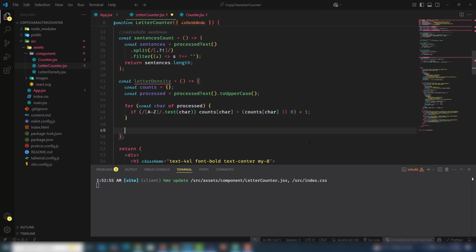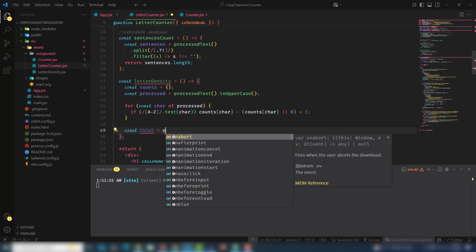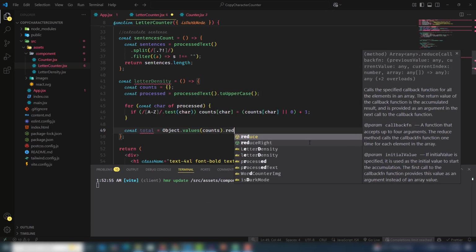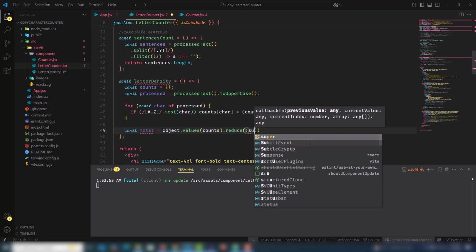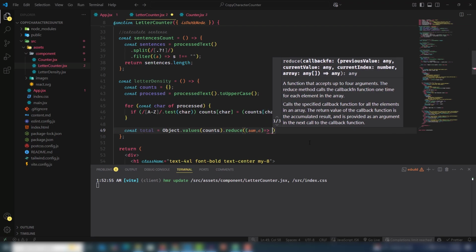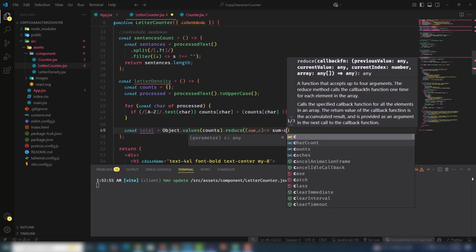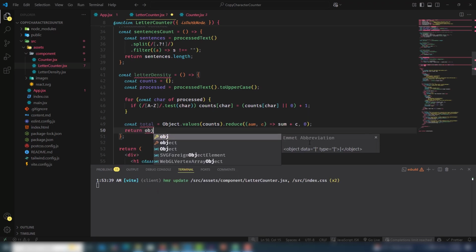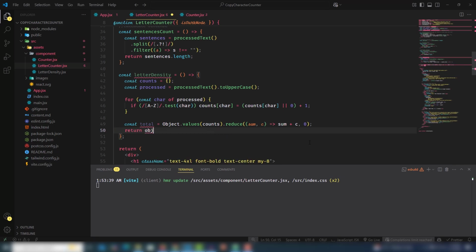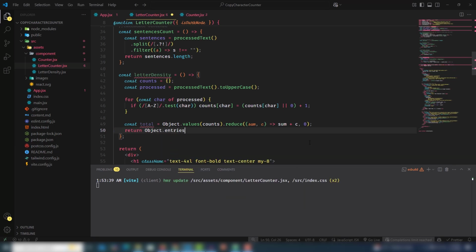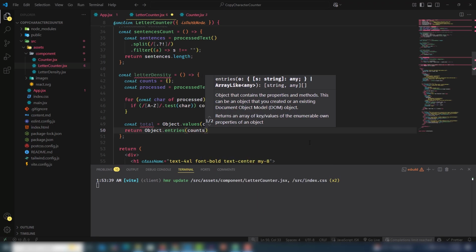Okay guys, it is very tricky, so just a minute, I'm gonna use total Object.values(counts).reduce. It will calculate all of the things, sum and c, whatever you call the values, just calculate them, starting from 0, right? And I need to get the return Object.entries. Just a minute, Object.entries, and I'm gonna use counts.map,